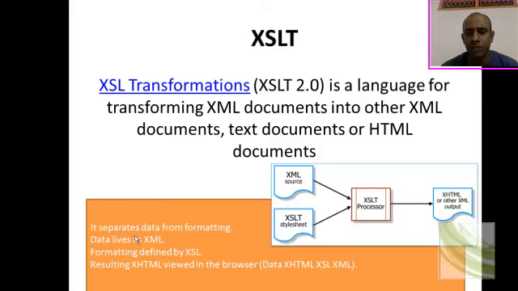This is the diagram which I have copied from another site. This is how it works, basically: using the XML source and the XML style sheet, there is a processor known as the XSLT processor. The current version is 2.0, which I have mentioned also here. It started with 1.0,